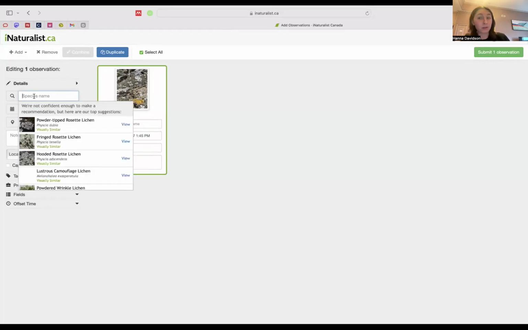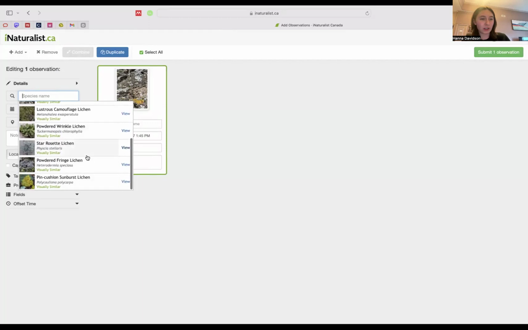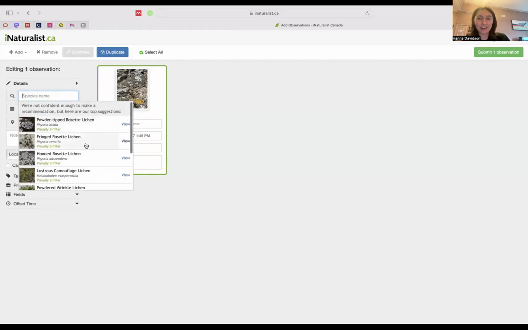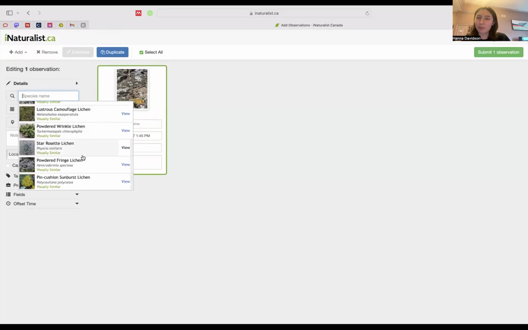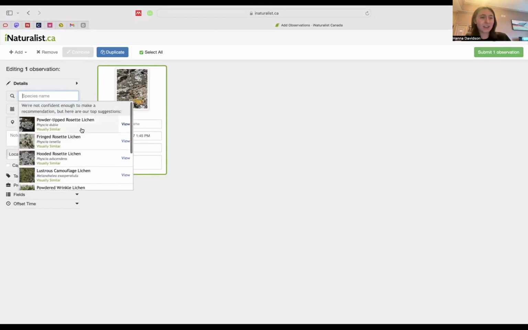But when we go for this species name, that's where that algorithm I was talking about pops up. So here, you can see in the picture, it's not very good. It's a stick with multiple lichens and it has grass in the background, so it's not going to like it very much. But it's providing, I'm going to say 8 to 10 suggestions, and they're all lichens. So it does know something. I'm not saying it's not smart. I'm saying it's not always right. So it provides these 8 lichens for us that it thinks it might be.